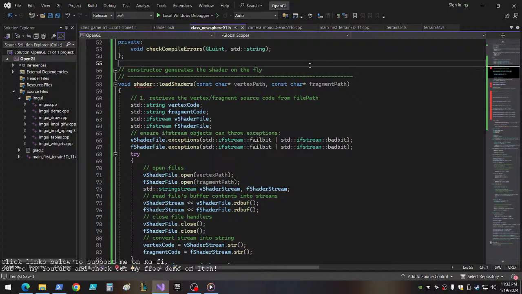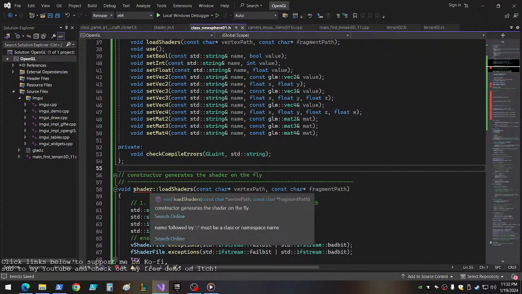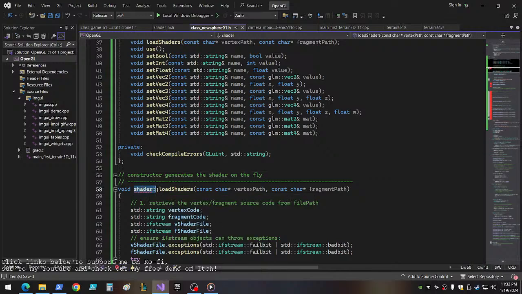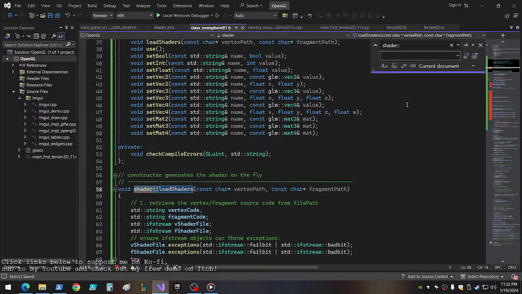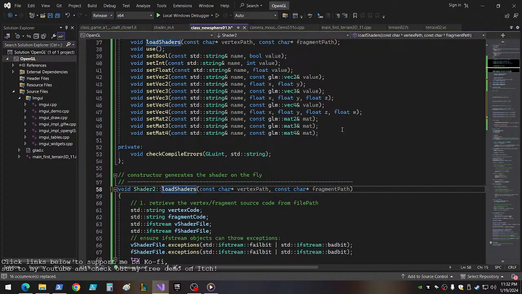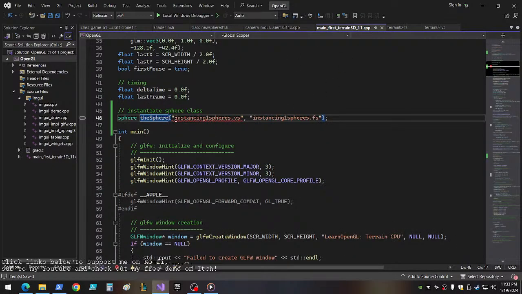So why are we having all kinds of errors now? Shader. Oh, because this is called shader 2. Okay, so let's just find that. Hold on here. We're at class new sphere. Okay, so we can change whatever we want. I don't want to find and replace. I'm actually glad that I'm tired because shader 2 like that. Change all. Hopefully that won't destroy anything. 16 occurrences replaced. That should take care of all the red squigglies. And this one,